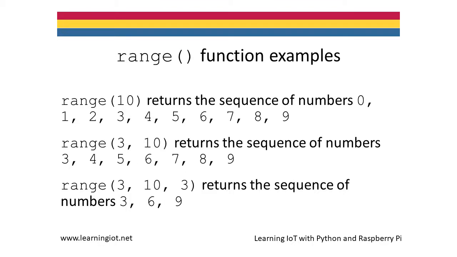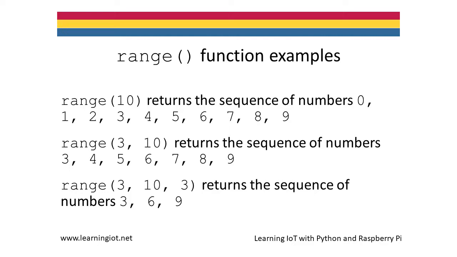The range function can take a single argument, which will be the stopping value. For instance, when the range function is passed an argument of 10, a sequence of integers from 0 through 9 in steps of 1 is returned. The default start value is 0, the default step value is 1, and the sequence of numbers is not inclusive